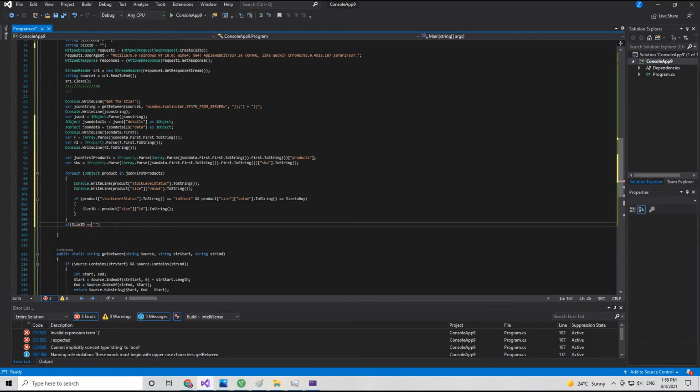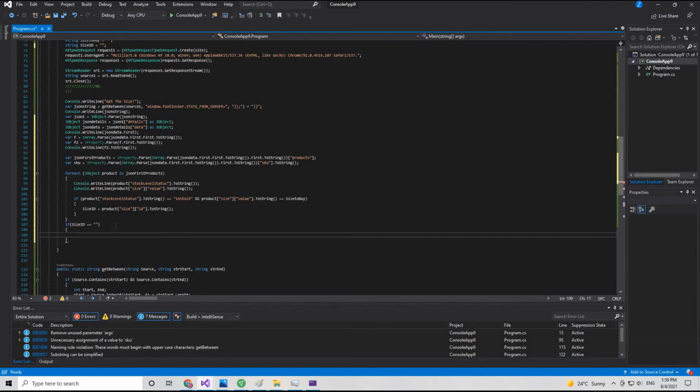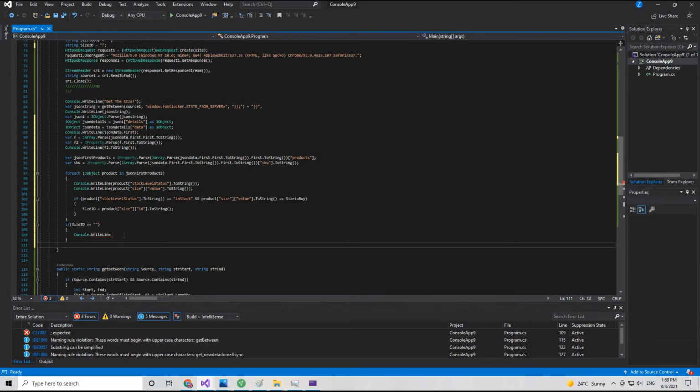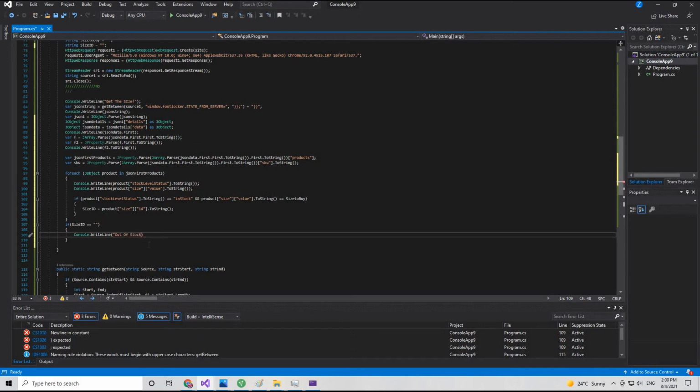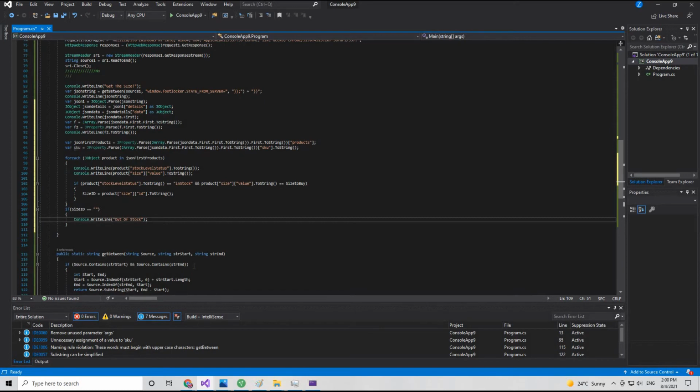So is equal. It's probably out of stock if it can't find it, correct? So when we're done with that, we're just gonna say, okay, it's probably out of stock, so we're just gonna write, okay, out of stock. Or it could be that it can't find it, right? But we're just gonna say it's out of stock. Else, okay, if it does find it in stock,